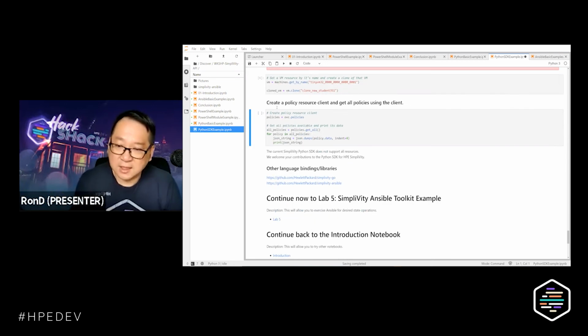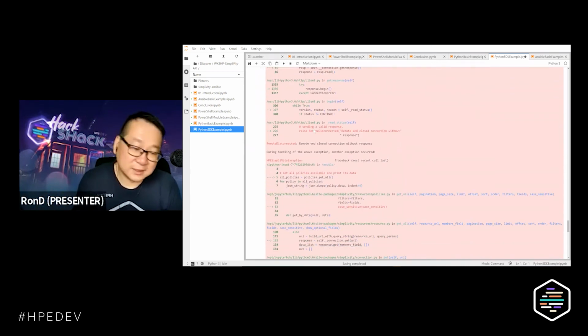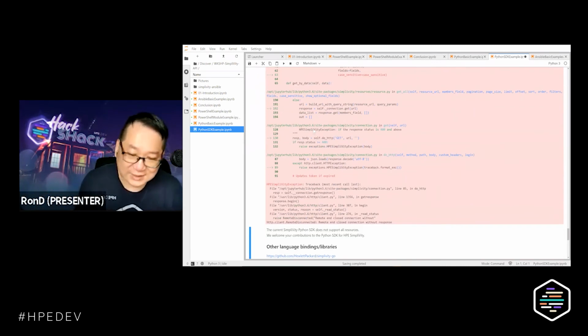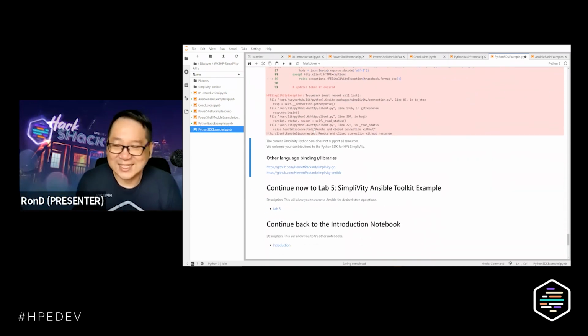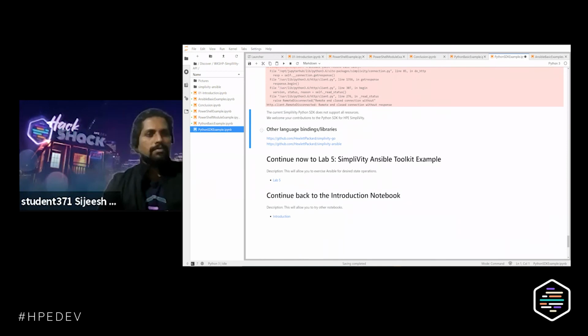All right. We can do some other operation here, such as getting the policies, for example. And I guess the token is actually expired again. Oh my goodness, we've got to figure that one out. So we just have to make this a little bit longer. But the problem is here